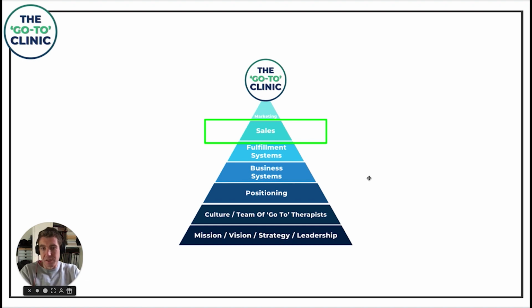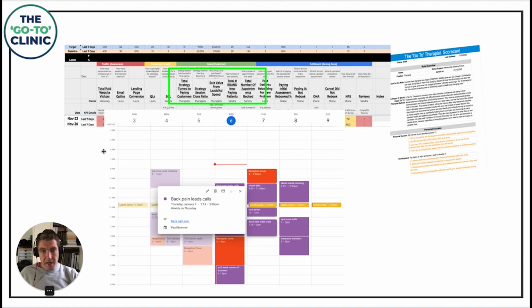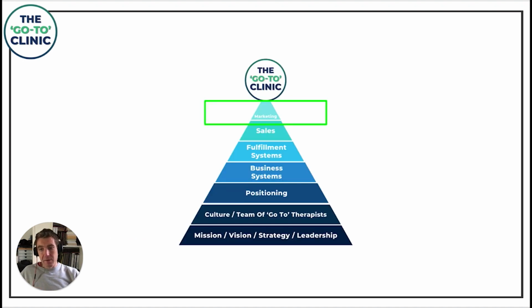You need to understand where the person is at, and we need to work with them to develop their confidence with this stuff. I've learned this the hard way. Give them a script, and they could be the best people person in the world, but they turn into a robot. That could be damaging for your business if you sound salesy. So it's about knowing your numbers, but also about working with your people. And then when you get all of that in place, and your staff don't sound like robots, and you've got the fulfillment systems and the business systems in place to get a consistently great customer experience, then you can really start